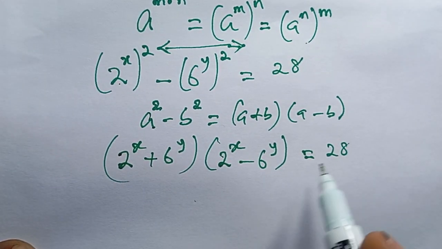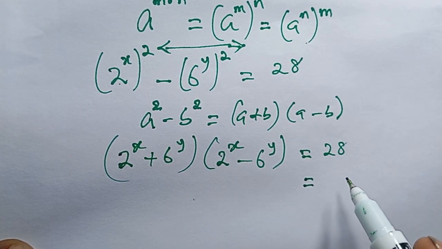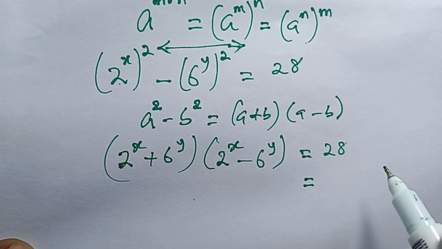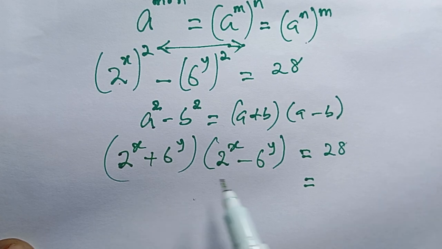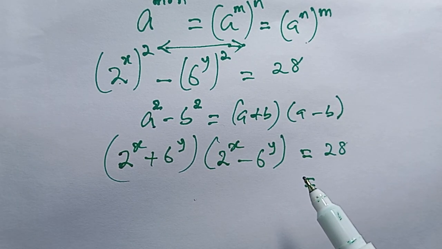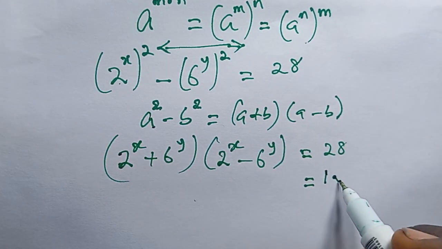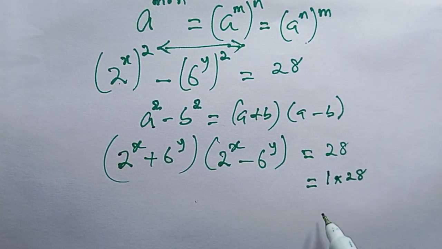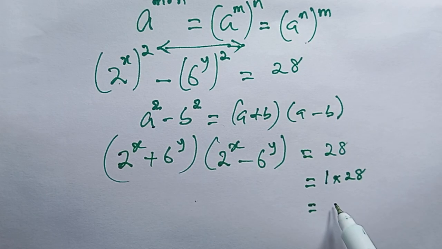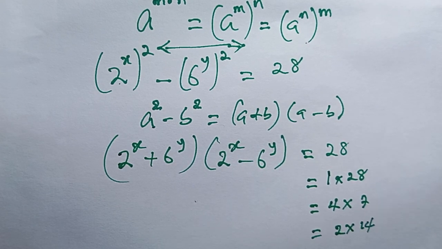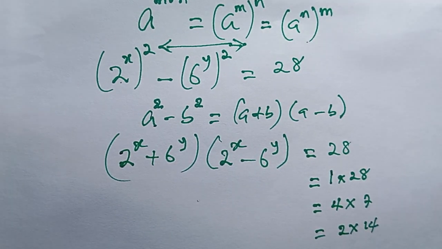Okay, so simplifying the right hand side, you can see that we can actually write this 28 as a product of 2 terms, same way as we have the left hand side to be the product of 2 terms. So we can write this 28 as 1 times 28. Okay, and of course you can also write it as 4 times 7, and as well you can write it as 2 times 14. And basically these are just the 3 ways you can write 28 as a product